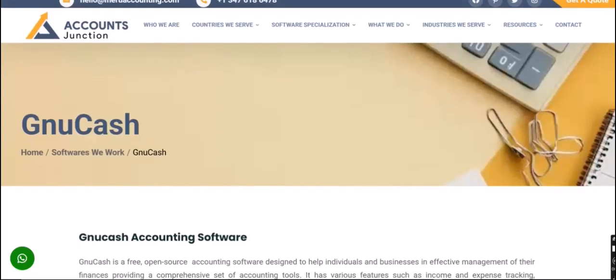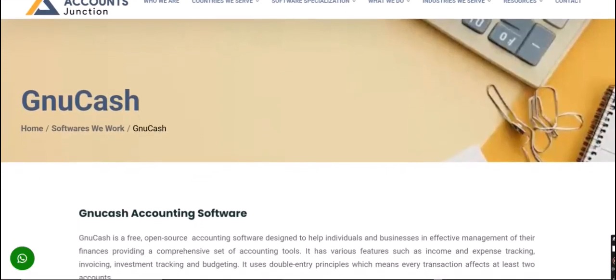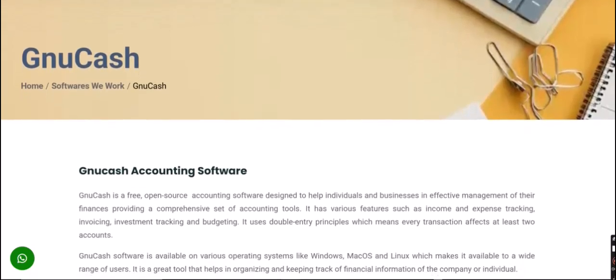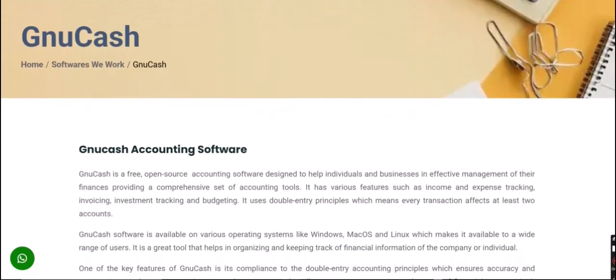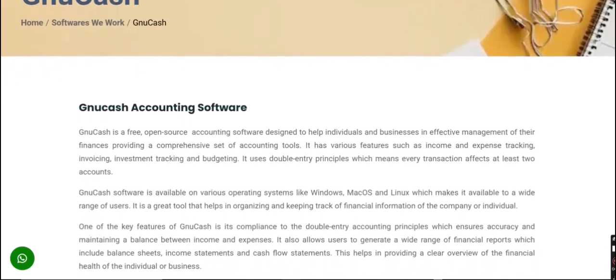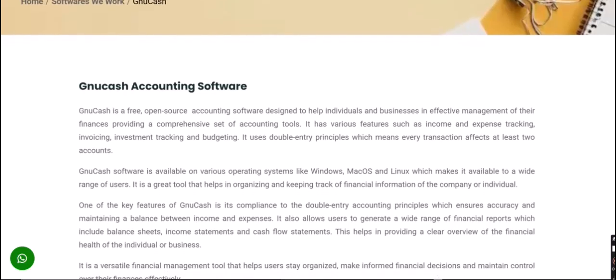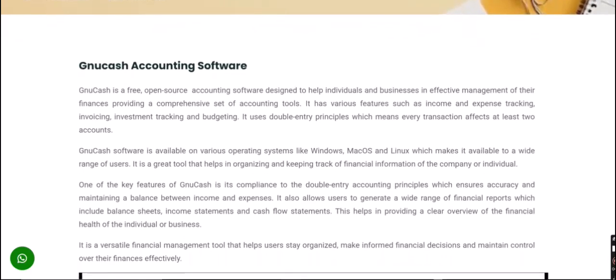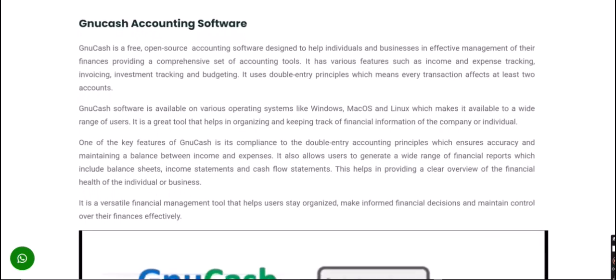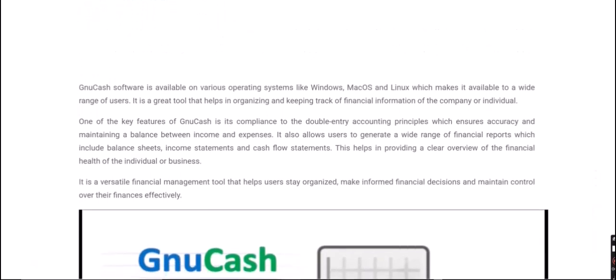In the world of accounting software, there's a wide spectrum of tools, from highly automated cloud-based solutions to robust desktop applications. GnuCash falls into the latter category, standing out as a free, open-source personal and small business financial accounting program. Many businesses, especially small ones, are constantly looking for cost-effective ways to manage their finances, and GnuCash often comes up